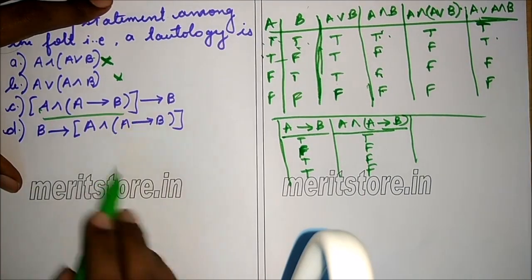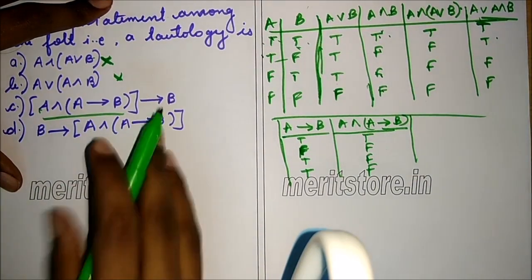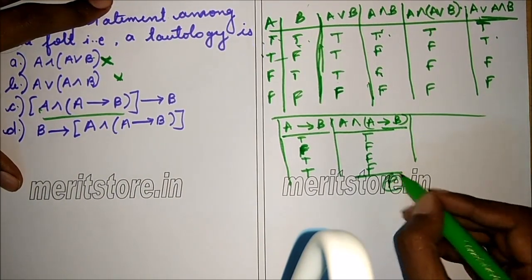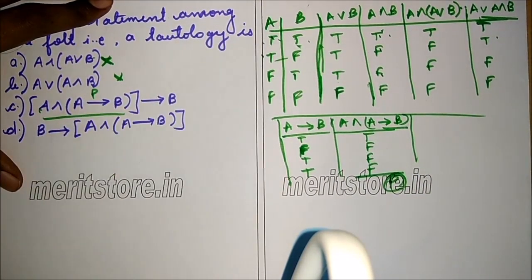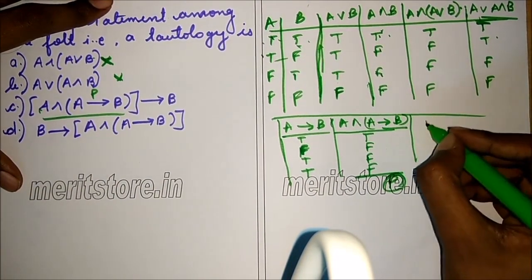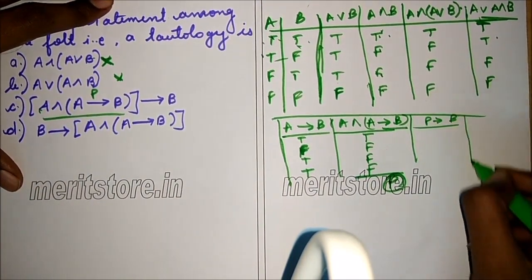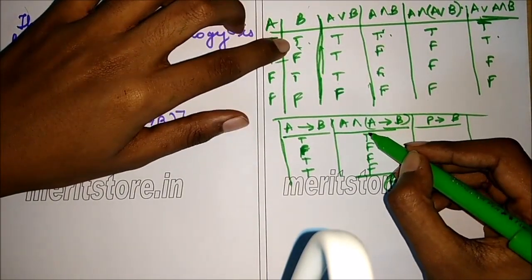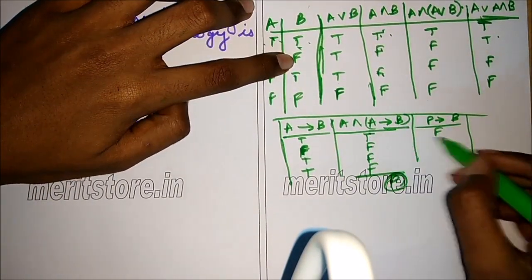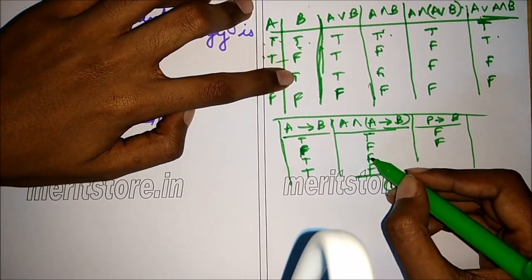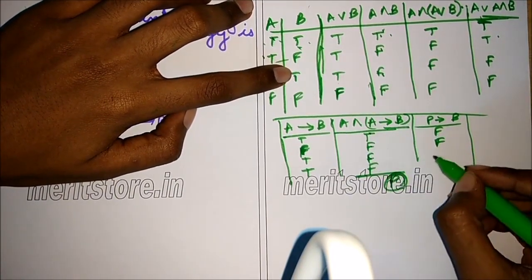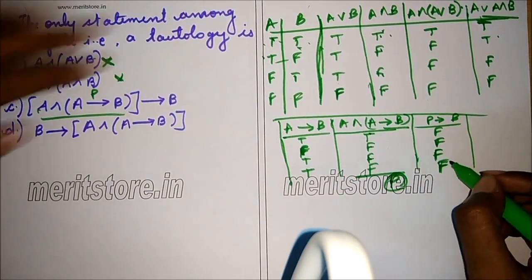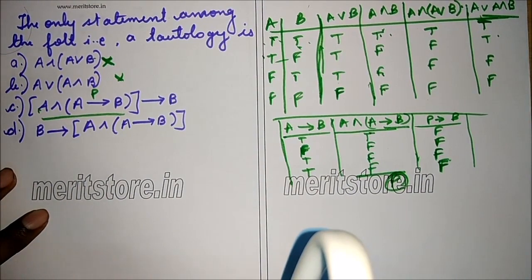So we got this part as TFFF, and this implies B. Let this part be P. So P implies B. So this will be TF is F, so it is false. FF, so it is false. FT, FF, so this is always false. So this is a contradiction which is